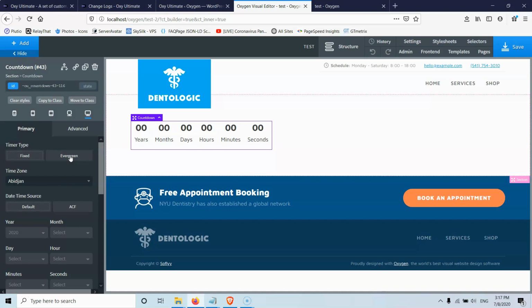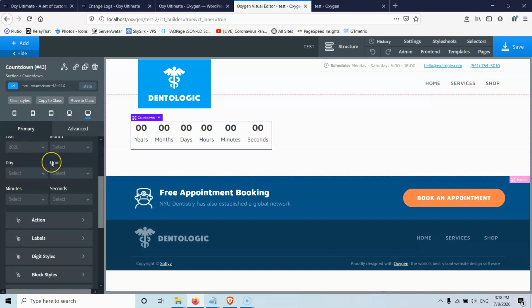It will just count, let's say, 5 hours from now. Whenever someone visits the page, he will see a countdown that will start from the minute that he first visits the page to 5 hours. If another visitor comes one day later, he will see 5 hours from the moment that he visits the page. And fixed is of course for a fixed time.